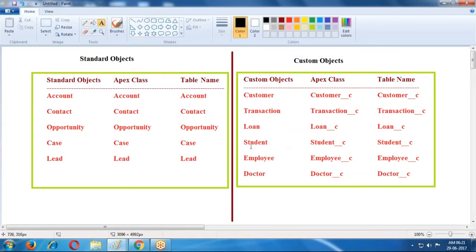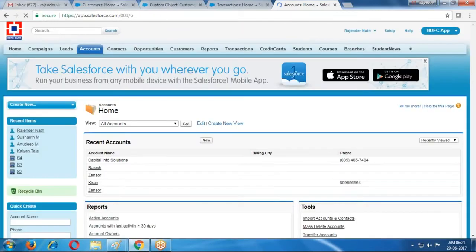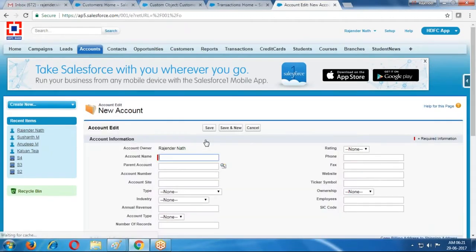Now, if you want to create through administration, how do you insert data in an Account record? Account is one standard object. To insert, first we click the Account tab, then the New button.